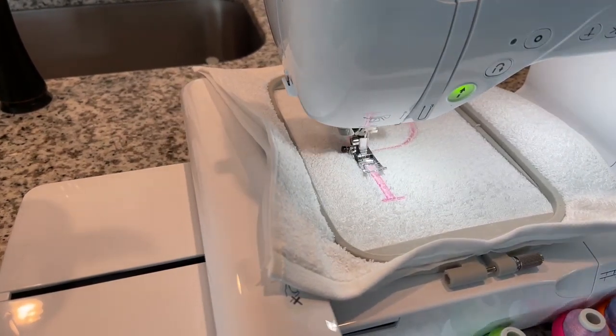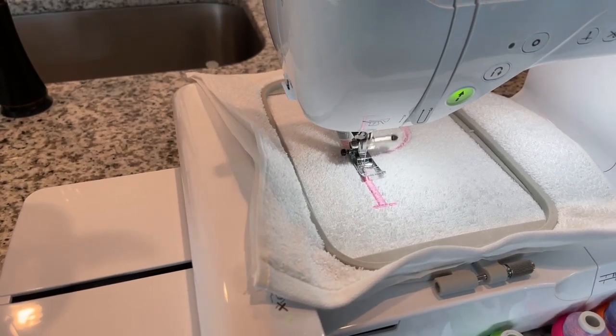Yeah. It is cute. Look at that. Look at the detail in that P. That's amazing. We haven't even started with the...